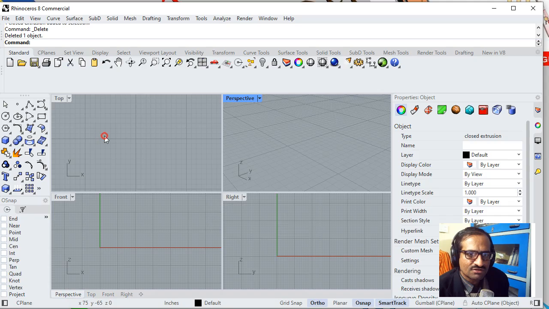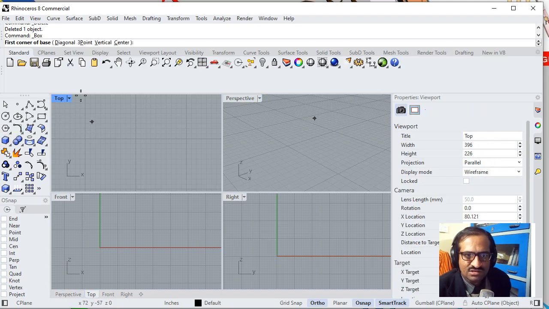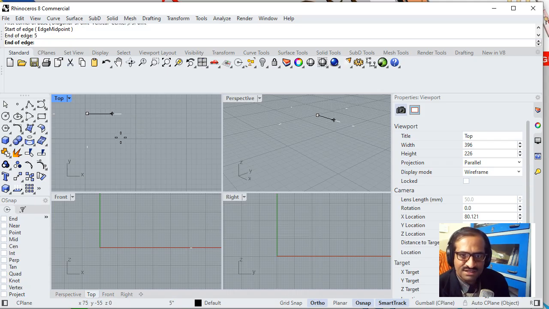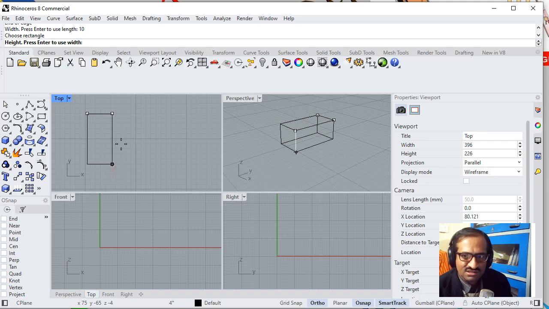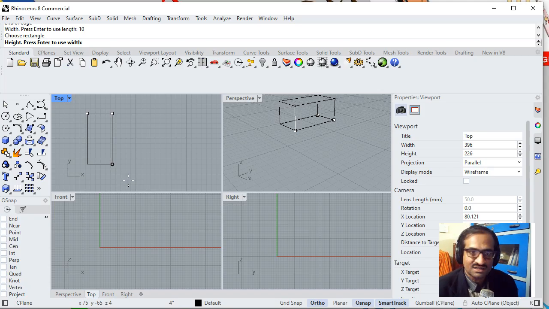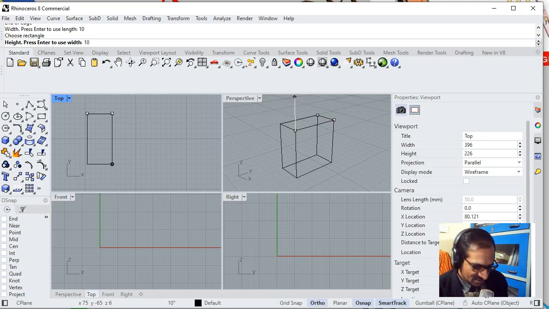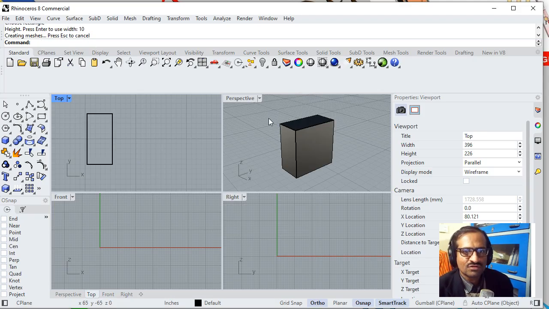Let me repeat it. I go to this box, click on 3-point, click on the starting point, 5, enter, click, 10, enter, click. See, now this click was to end the point. That was not clicked perfectly, so it did not take the first time. This time it is taking. Now here I am giving 10, enter, this is the height. If I give the input of length, width and height, Rhino is automatically creating our object with our